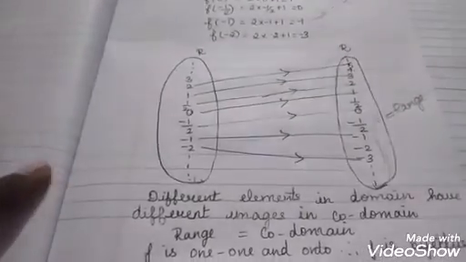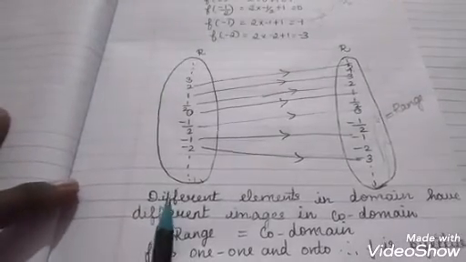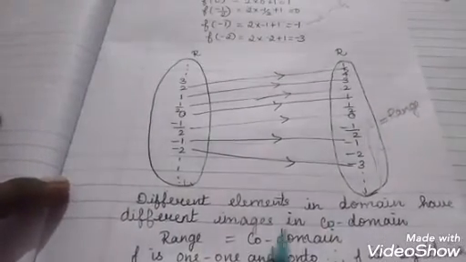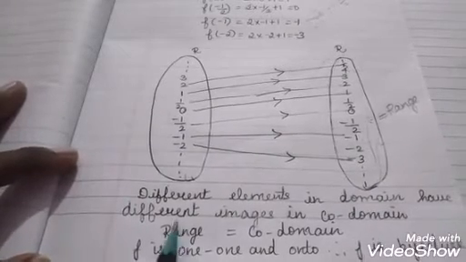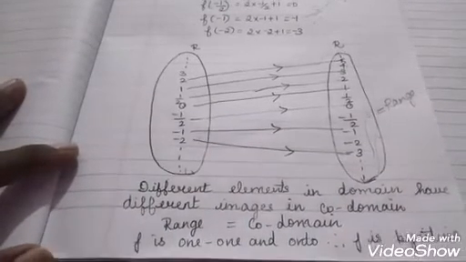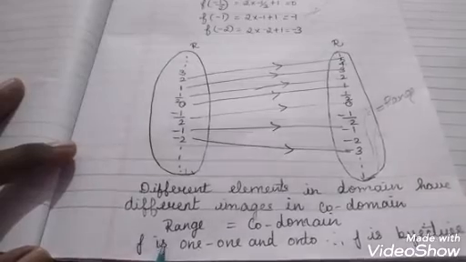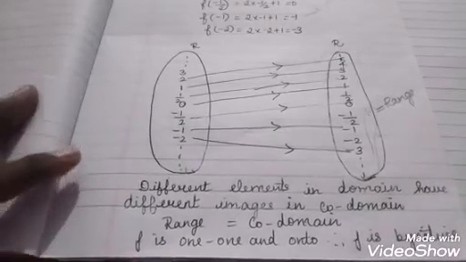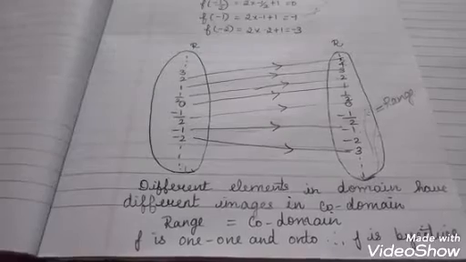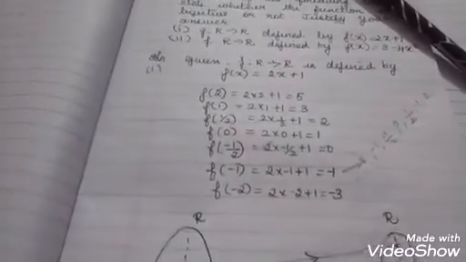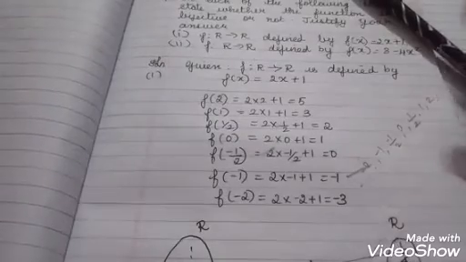That is what I have mentioned here. So what is that I have mentioned? Different elements in the domain have different images in the codomain. With that, I can say that it's one-to-one. Next, what is that I have written? Range is equal to the codomain. Therefore, what can I say? F is 1 to 1 and onto, and if it's 1 to 1 and onto, in the introduction part itself I told you F is said to be a bijective function, or it's said to be a bijection. What's a bijection? It is 1 to 1 and onto. This is what you have here. So it is said to be 1 to 1 and onto.